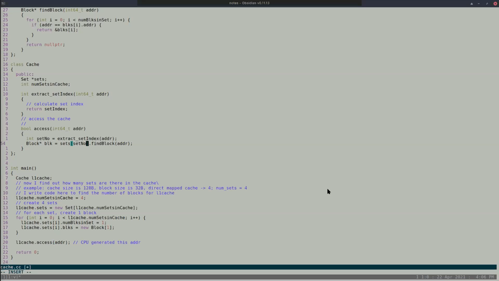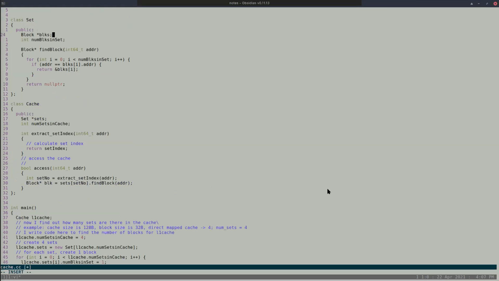And how do I do it? I go to the particular set and say, find that block using this address. In this particular set, maybe set 0, I have a few blocks. I go through all the blocks. I check whether that address matches. If the address matches, I return that block. If the address does not match any of the blocks I have, I return a null pointer.